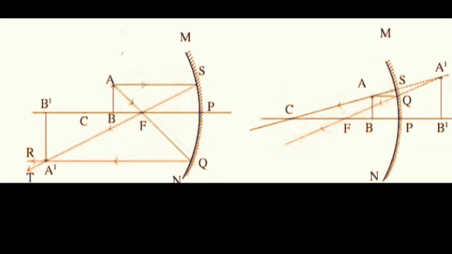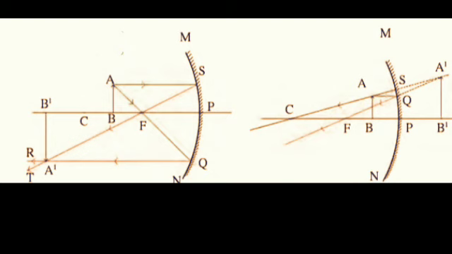Thus, the image of A is formed at A'. The point B is situated on the principal axis and so its image will also be on the axis and will be directly above A'. Thus, the image of B is at B'. The images of points between A and B will be formed between points A' and B'. Thus, the image of object AB is A'B'.